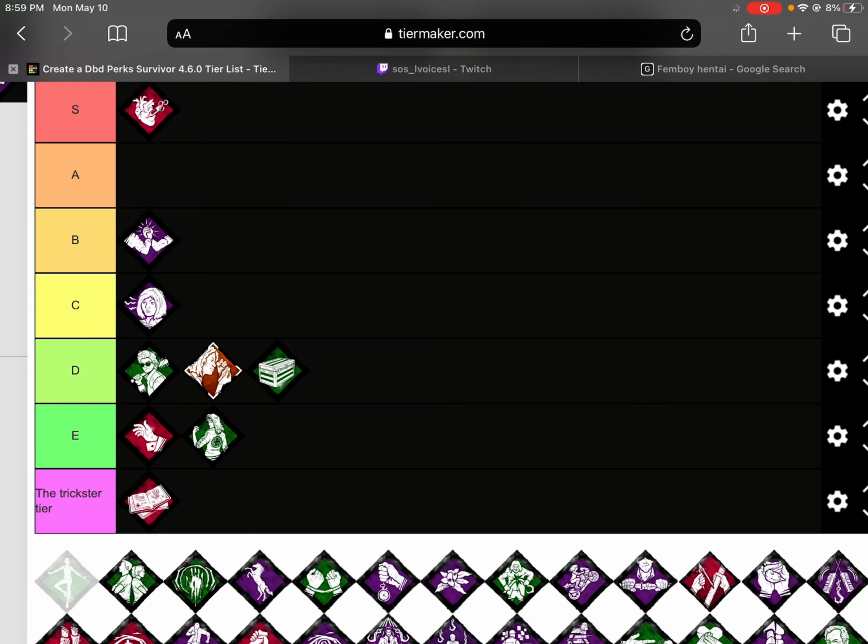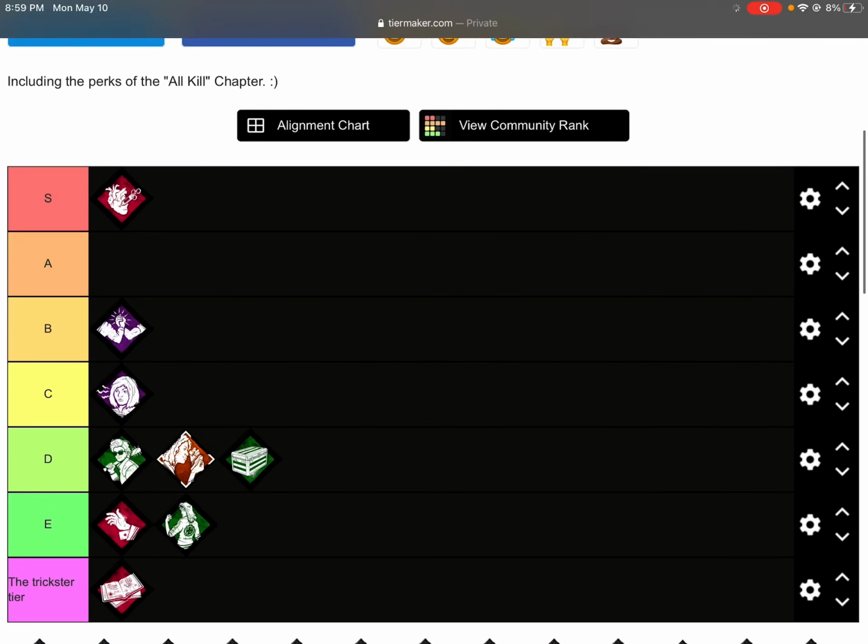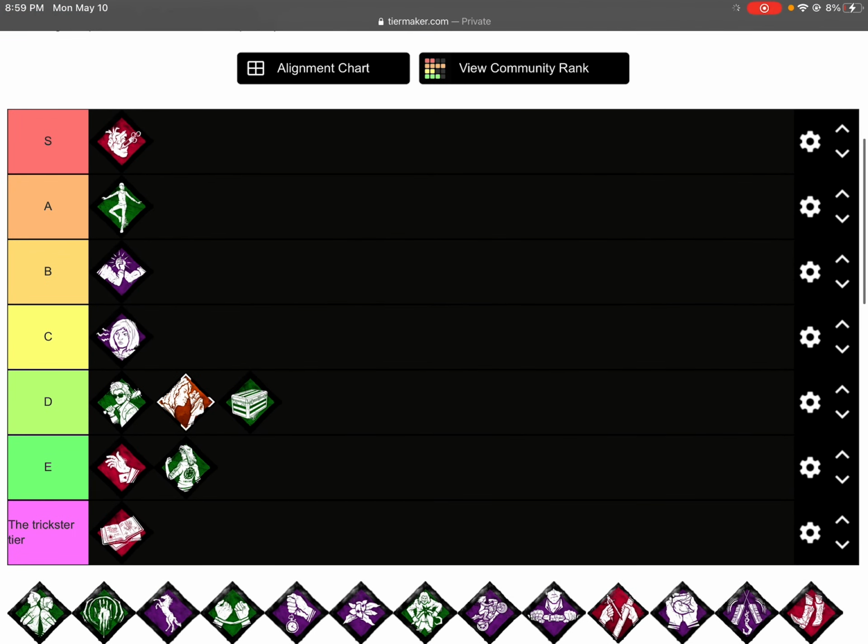Bounce Landing. Alright, I'm going to give Bounce Landing A tier. So what makes Bounce Landing A tier? With Bounce Landing, when you fall, you break into a sprint for 3 seconds, and you basically don't have any stagger when you fall. And what makes this perk A tier and really underrated is that when you're falling with Bounce Landing,